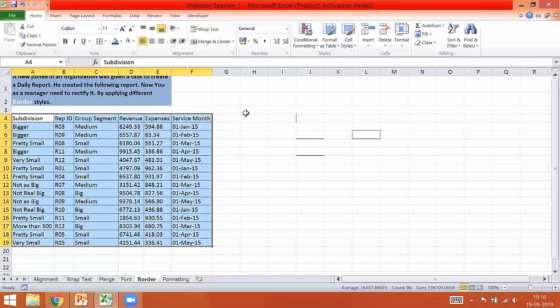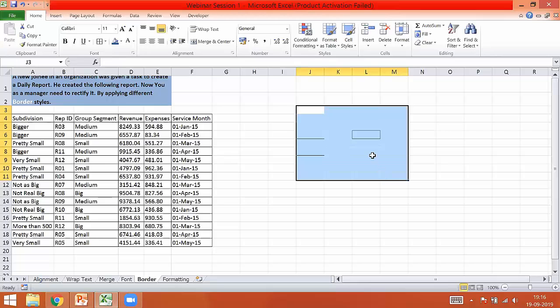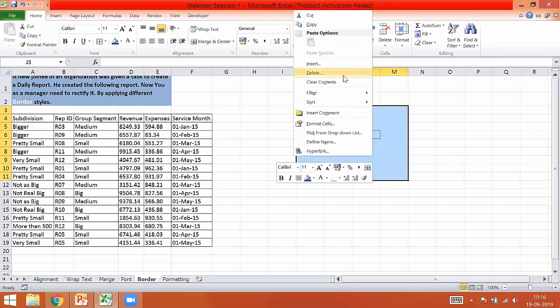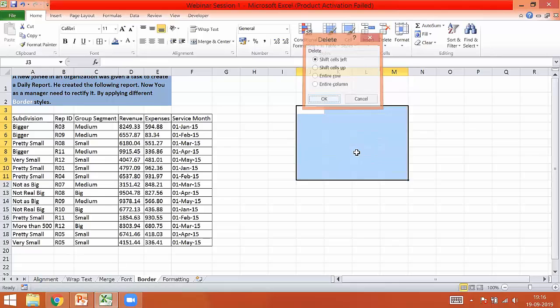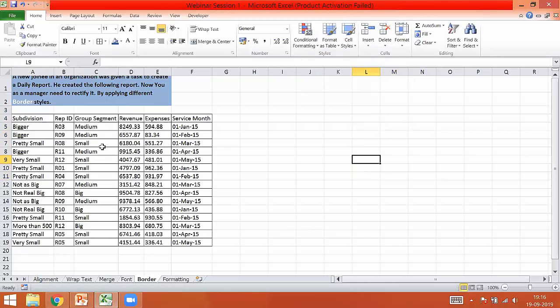Now you can see it has added borders. I'm clearing all the borders here. So you can clearly see the difference. It has given all the rows and columns to the text, so it stands out and really beautifies your data.